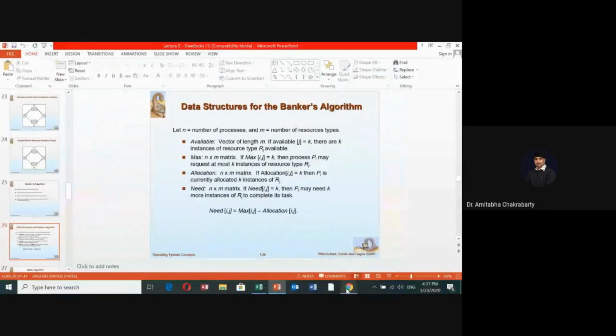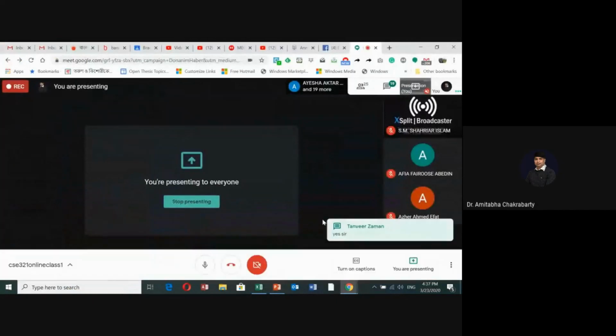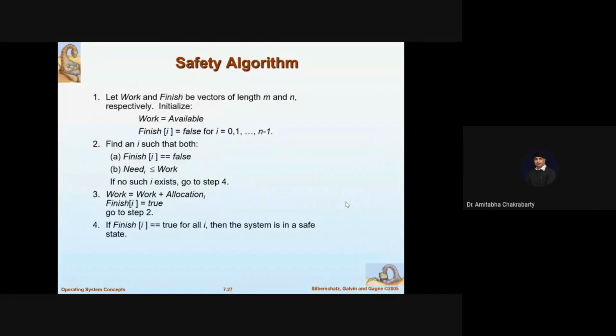Does that make sense, everyone? Yes, sir. Algorithm is to check whether if the requested resources are allocated to a particular process, whether the system